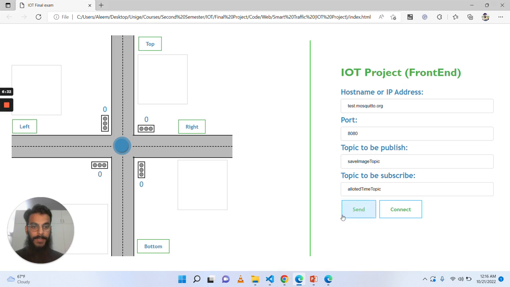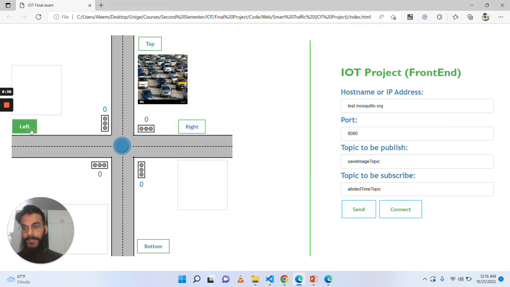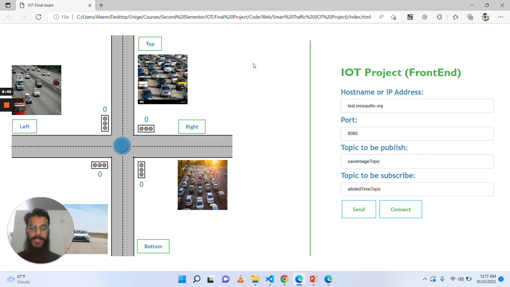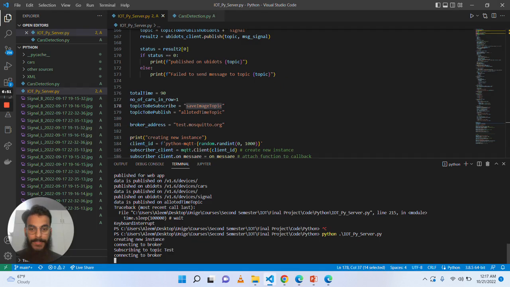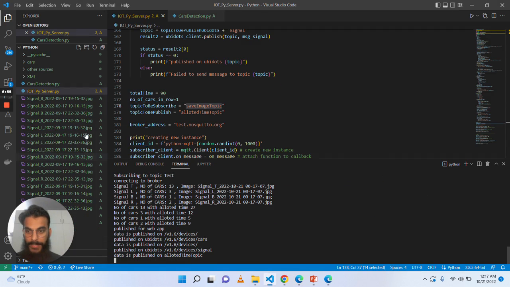Now I have to upload some images as the traffic signal. The simulator is acting exactly as the traffic signal, and the camera took the images and now sent them to the server. As you can see, the server received the images, downloaded them, and deleted the images.